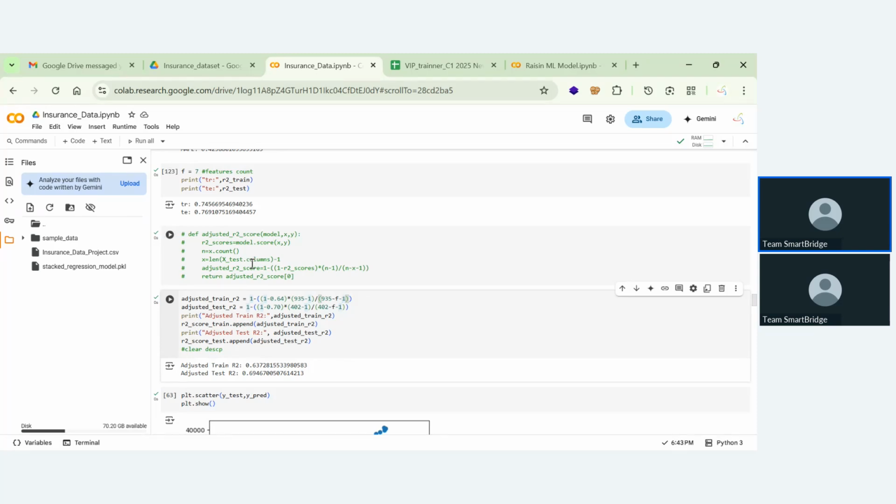I hope you understood this formula. Remember this R2. This is the adjusted R square formula: 1 minus (1 minus R square) into n minus 1 by n minus p minus 1. This adjusted R square is calculated for both the testing and training data sets, and